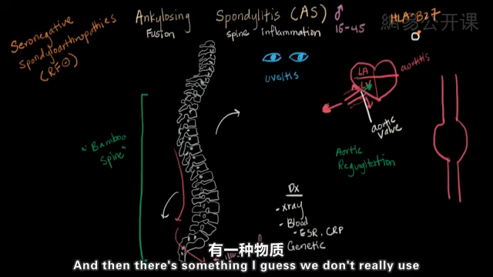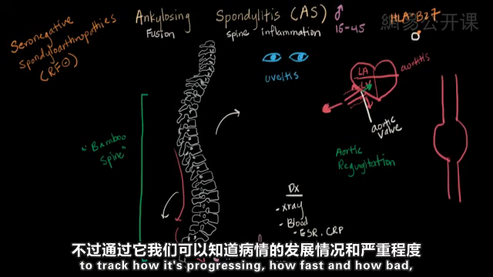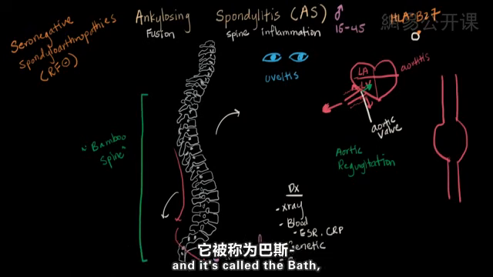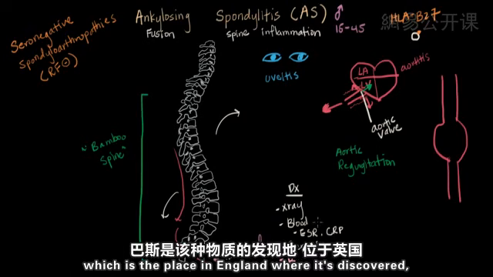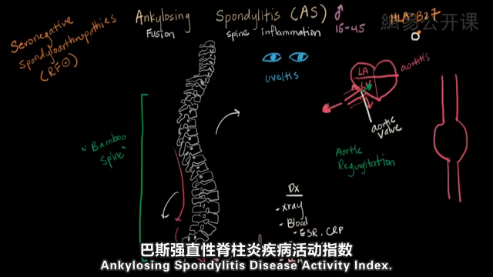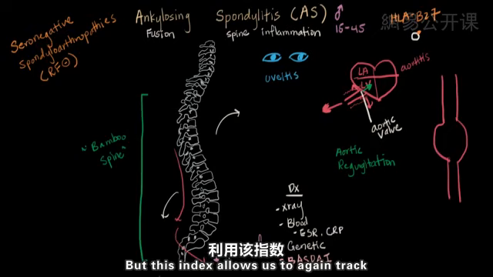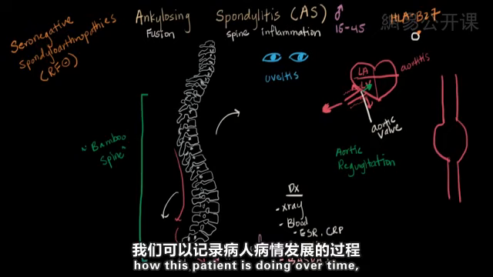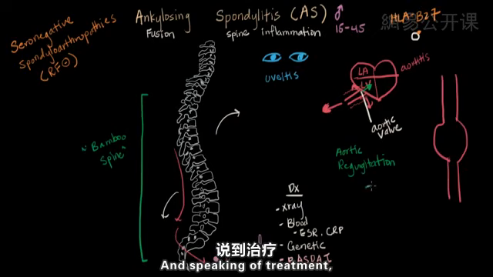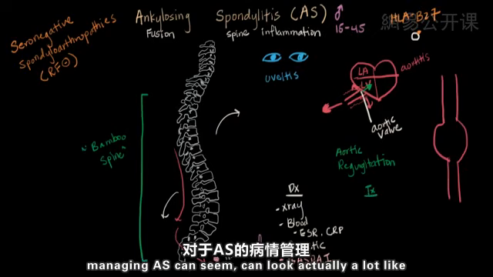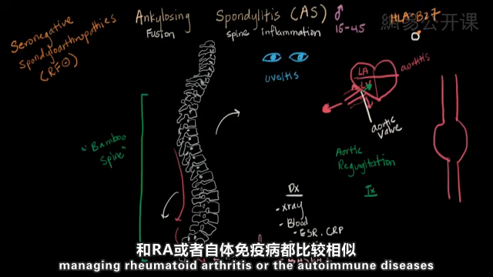And then there's something I guess we don't really use to diagnose AS, but we do use it to track how it's progressing, how fast and how bad. And it's called the BATH, which is the place in England where it's discovered. Ankylosing Spondylitis Disease Activity Index. What a mouthful. Everything's an acronym. But this index allows us to, again, track how this patient is doing over time, how they're doing with their treatment. And speaking of treatment, managing AS can look actually a lot like managing rheumatoid arthritis or the autoimmune diseases